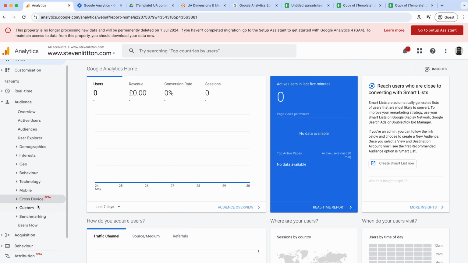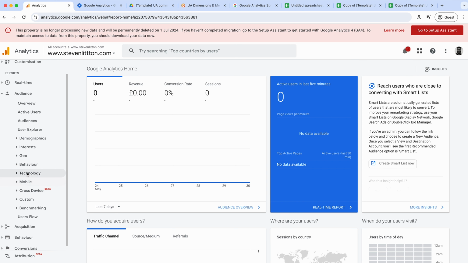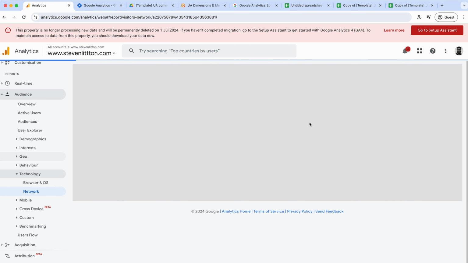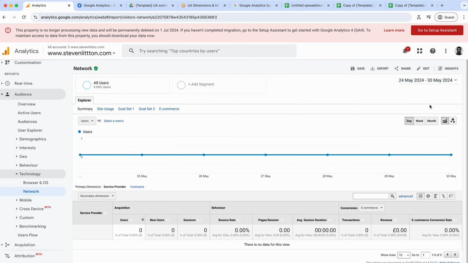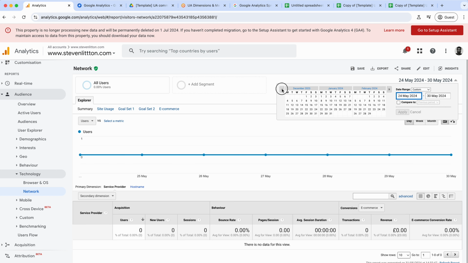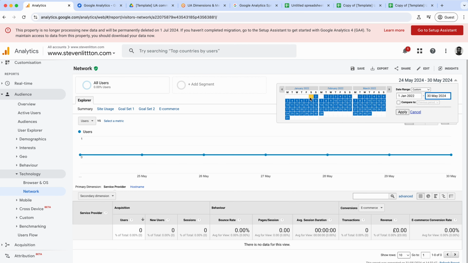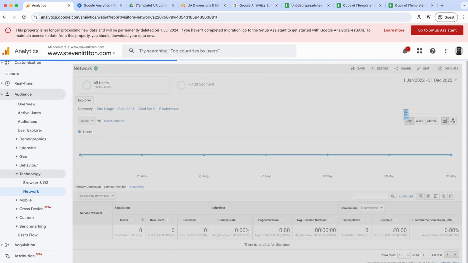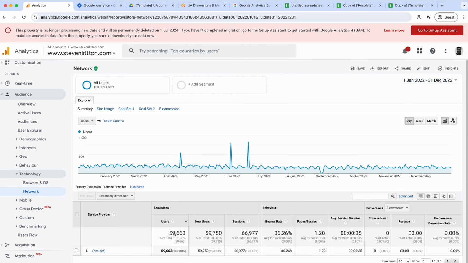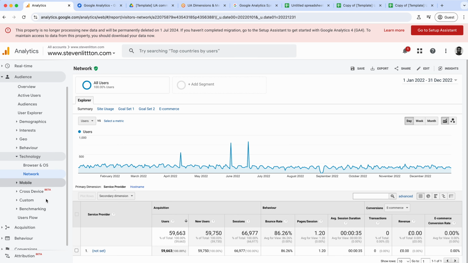So say we go into the technology report, and then we'll have to go back a fair bit, which is something to remember when you do your reports. If we go back and do January 22 to December 22, so all of 2022, you can see now we've got some actual data back. It's not very useful in the metric that I've picked, but